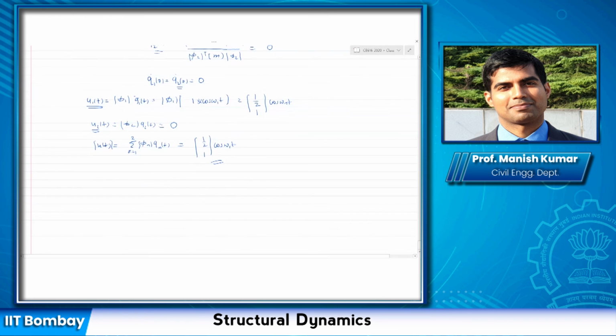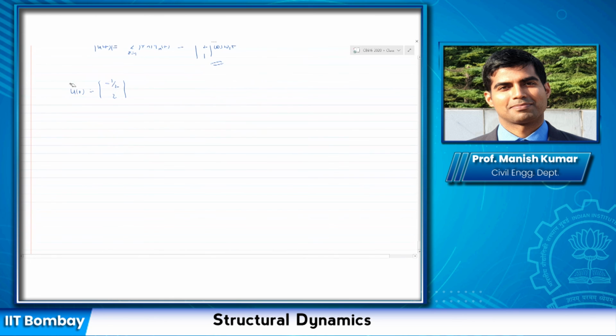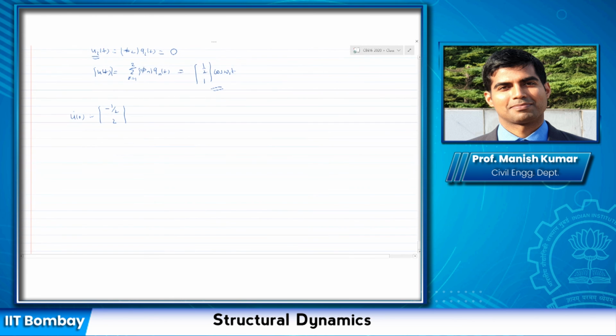Now, for the second case, I'm just going to write down the final answer. Okay, basically minus half and 2 was given as u0, and there was no basically velocity. Sorry, this is initial displacement. For this case, you can again follow the same procedure. Okay, and you can get ut as, let us call this, these are degrees of freedom. Okay, at each degree of freedom, first mode times cos omega 1t plus second mode times cos omega 2t.